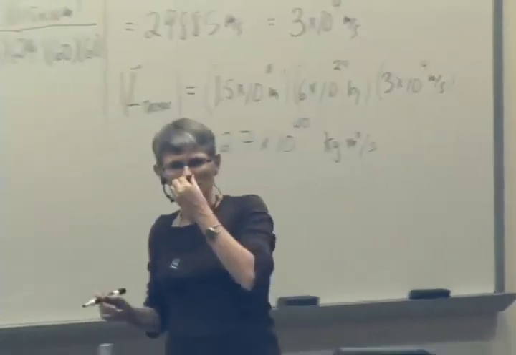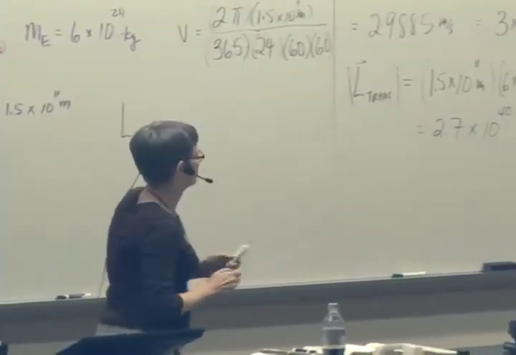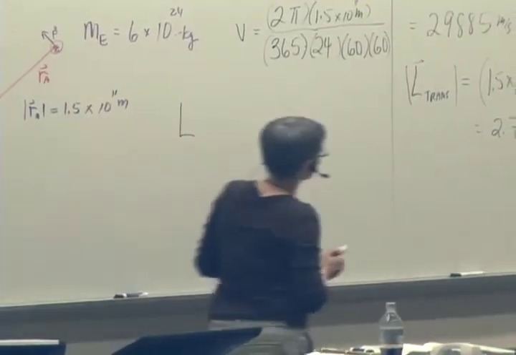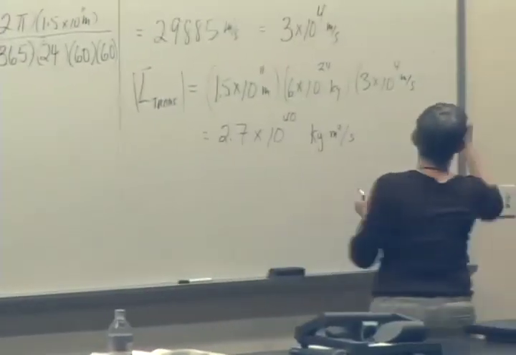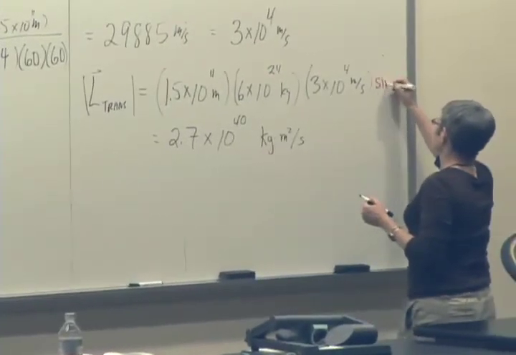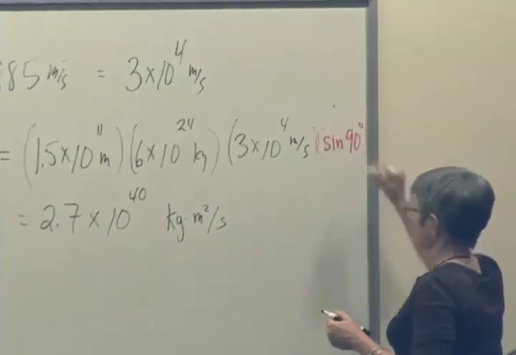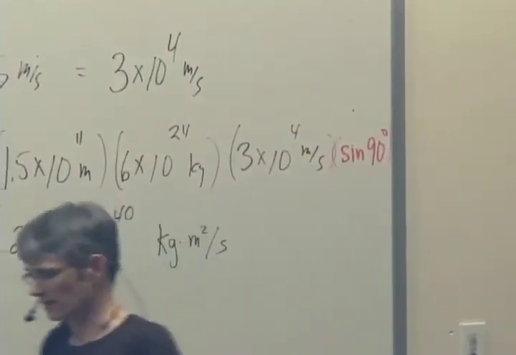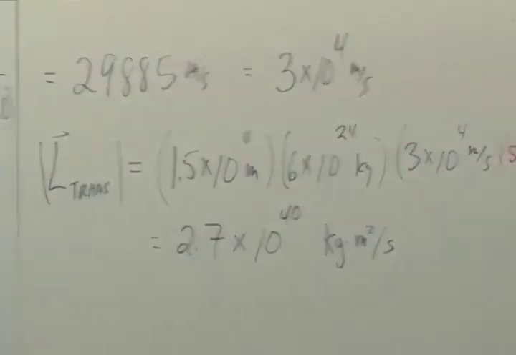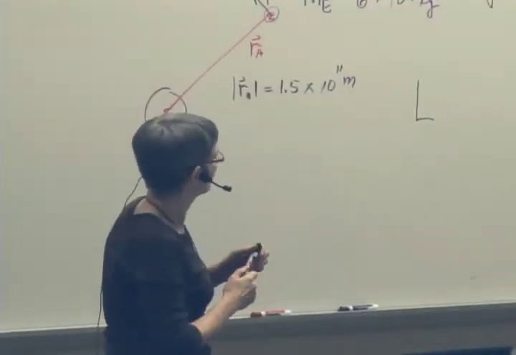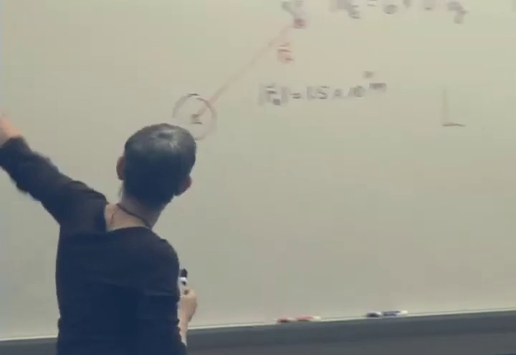What about the angle in between them? Good point. Well, we better write it down just to keep ourselves honest. So we have sine of 90 degrees here, because sometimes it isn't a right angle. That one. Okay,